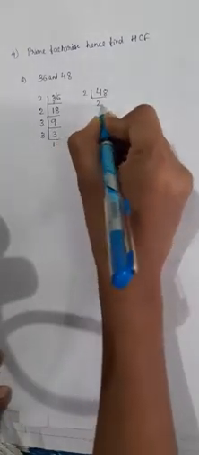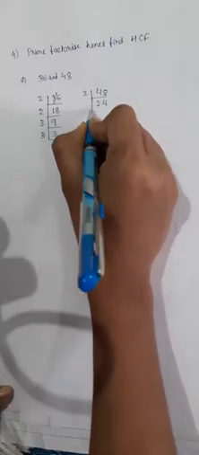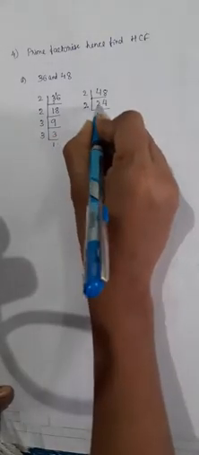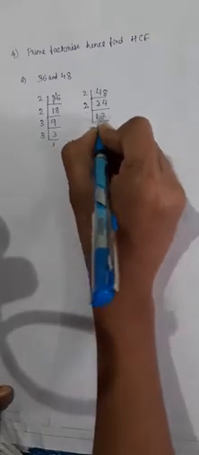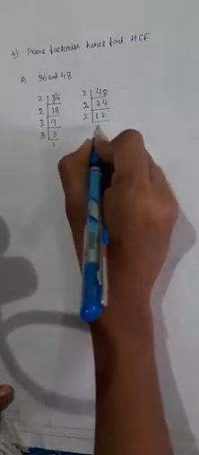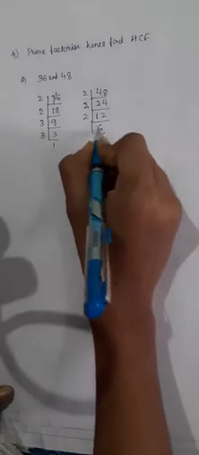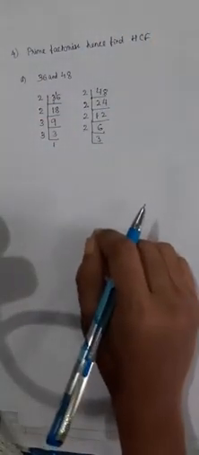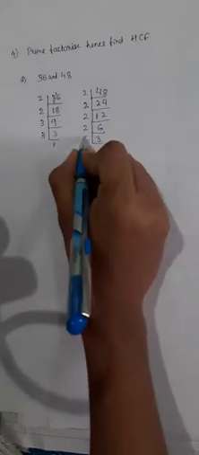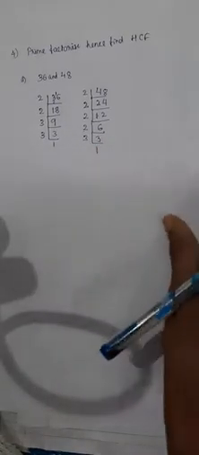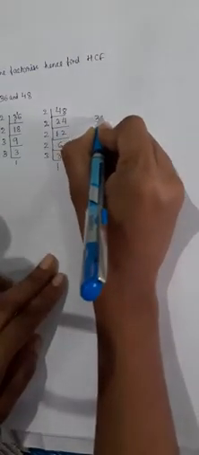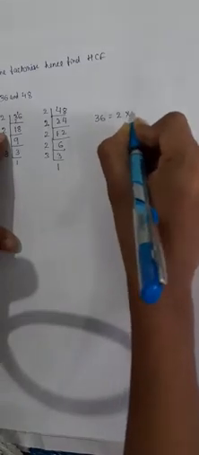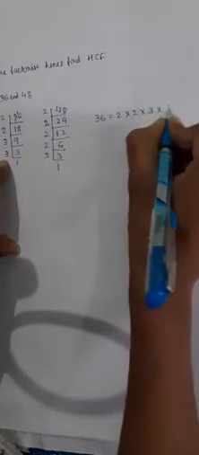Now beside here 48. 2 twos are 4. 2 fours are 8. 2 ones are 2. 2 twos are 4. Now 2 6s are 12. 2 3s are 6. In division we used to write the quotient on the top. Here we are writing the quotient downwards. Now 3 is a prime number, 3 ones are 3. Here how we are going to write: factorization of 36 is 2 multiplied by 2 multiplied by 3 multiplied by 3.